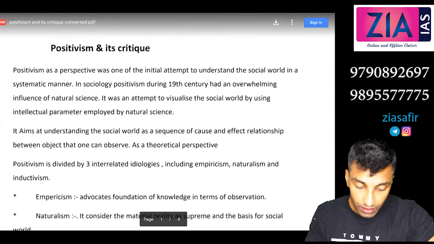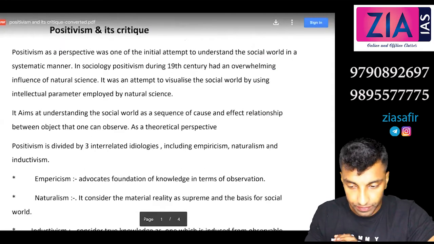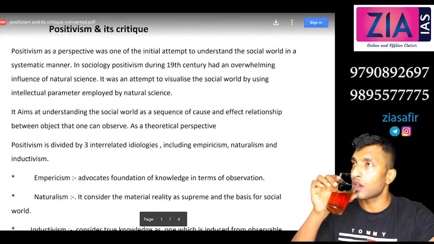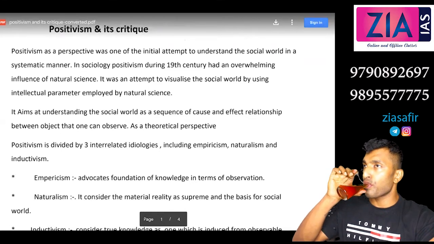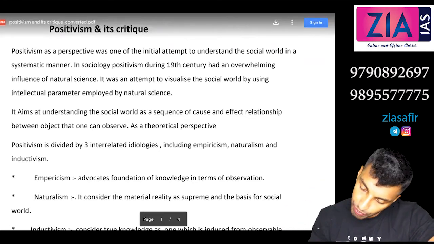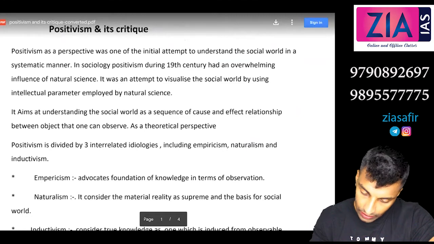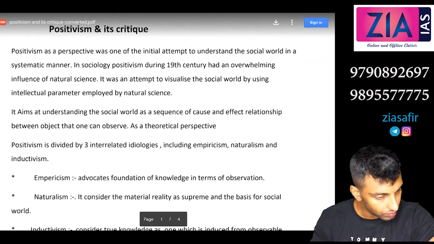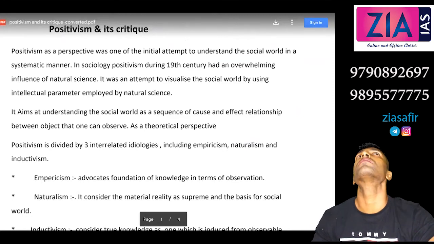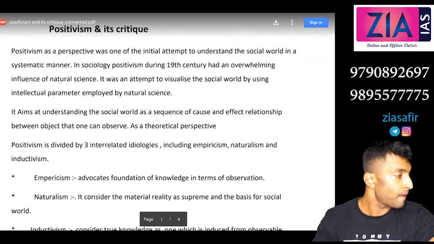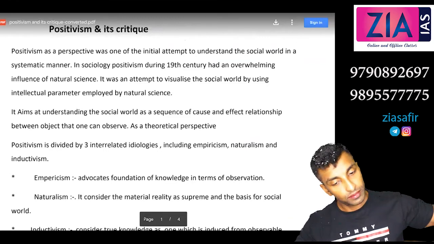Okay, sir. Sir, I have a doubt. Tell me. Sir, in case of inductivism and deductivism, in case of inductivism, first we generalize and then we conclude the theory. This is the theory building part. So generalization happens when